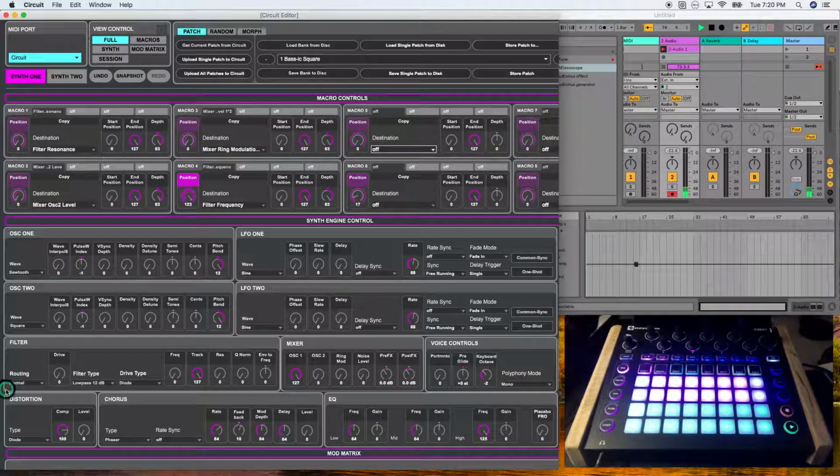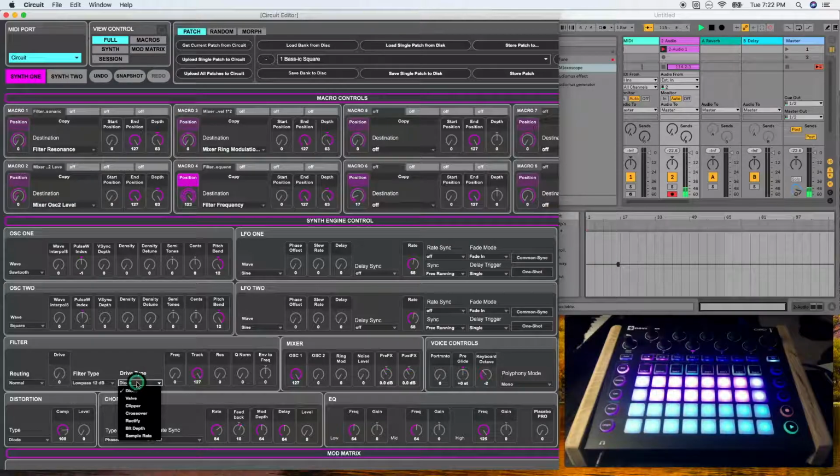So we're going to start today with the filter. The filter actually has a pre-drive aspect to it. If you take a look at the drive section here, this dictates the level of distortion applied to the sound before the filter cutoff. There are several drive types here. If you want, you can read in the manual how Novation describes them. Really, the way I use this is I go through and listen to them and pick whichever one sounds best for the patches that I'm currently developing.